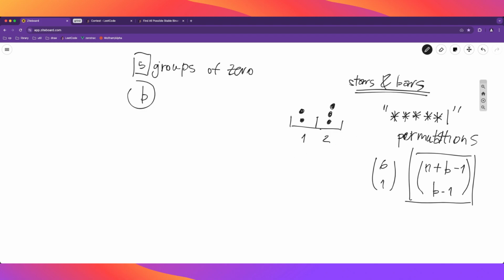But here there's a problem, right? Because here we have the limit, right? So let's say here that the limit is 2, right? So this is invalid because we are adding